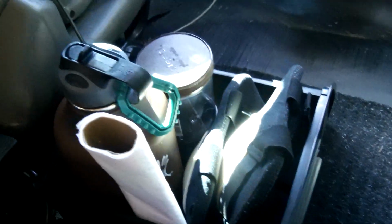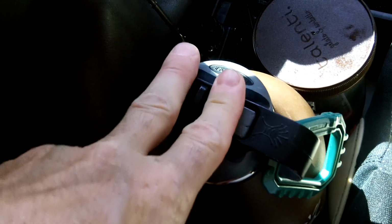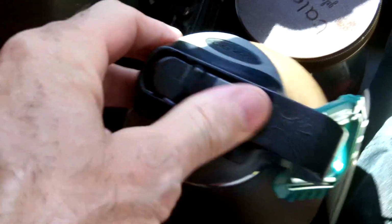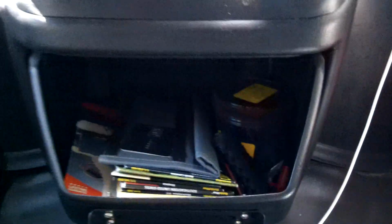little organization thing by my driver's seat there, just so stuff doesn't go flopping around. Knee pads, filtered water ready to drink that's got a straw in it. I could just pick it up while I'm driving and drink it. Ham radio, some salt. I use these little ice cream things, these Talenti gelato things for little stuff. There's a 4-way key in there for water, access water. And up front